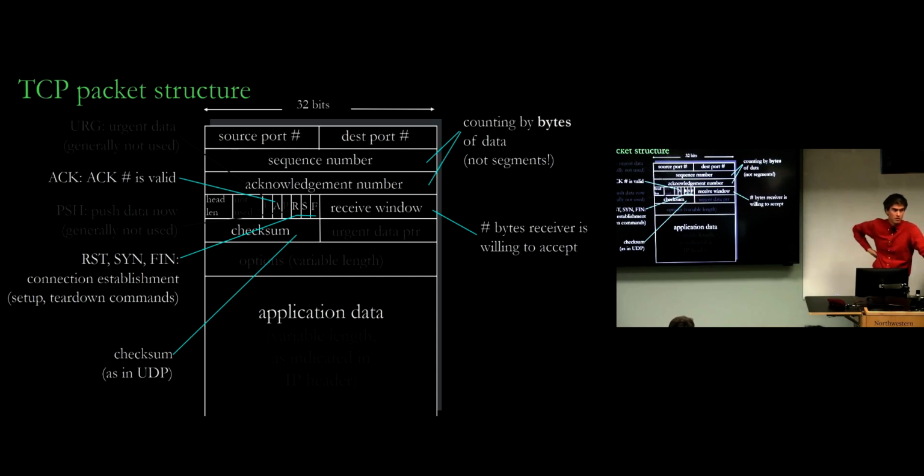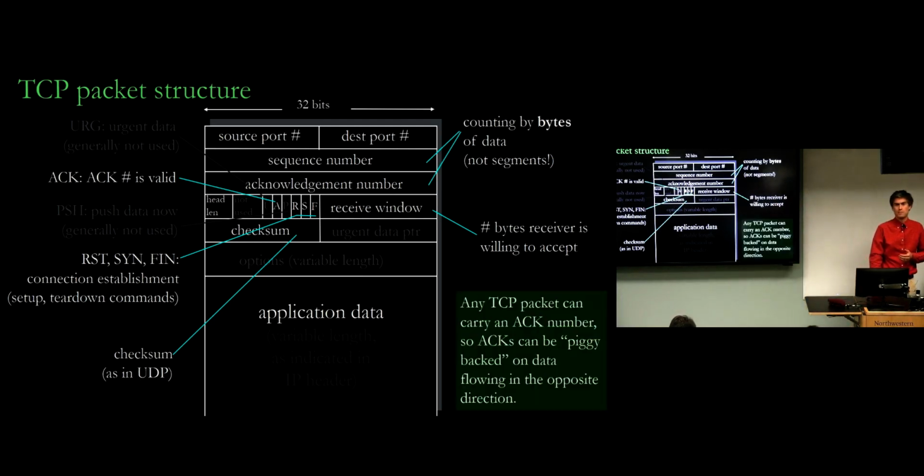Yes. So is the sequence number generated by first getting a random number and then adding however many bytes are coming in per packet? Yeah, so in the initial handshake, it's random, and then as you send packets, you keep adding the number of bytes that you've sent. Well, there's an example that will show that.